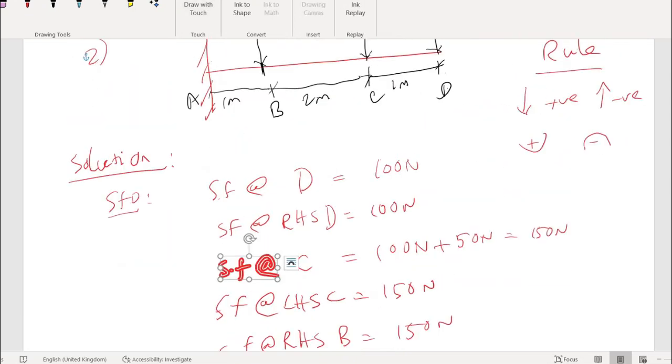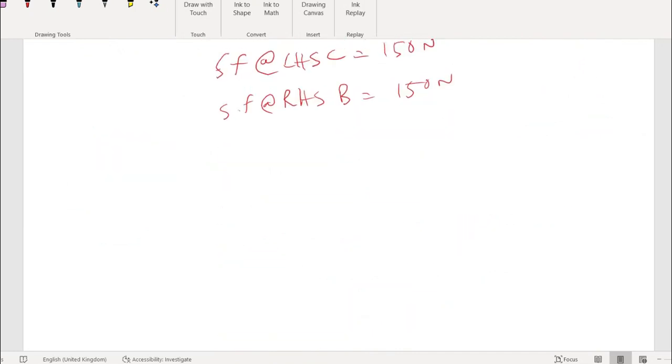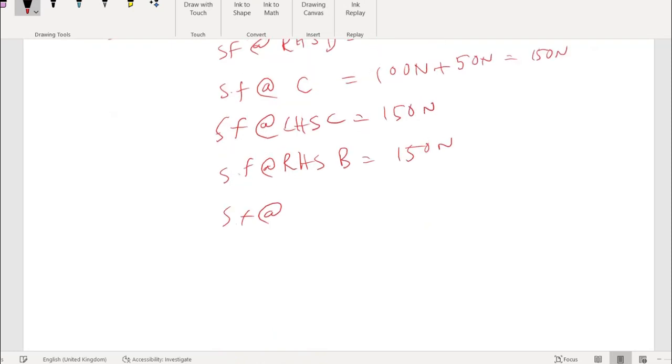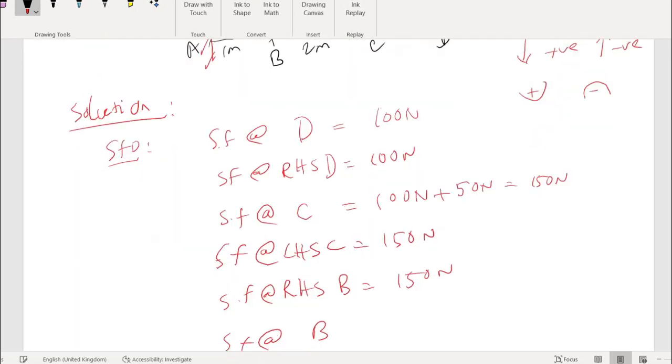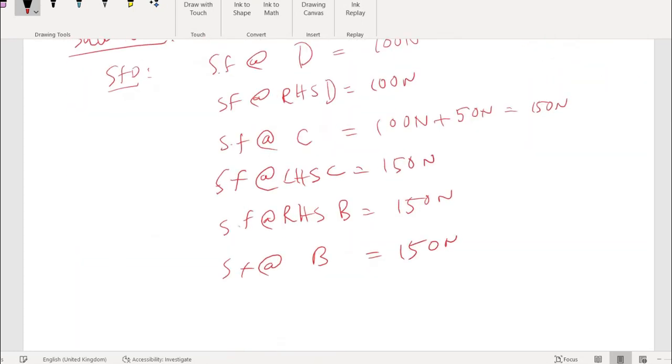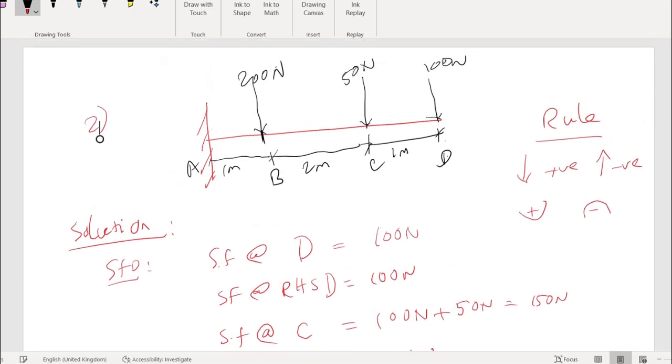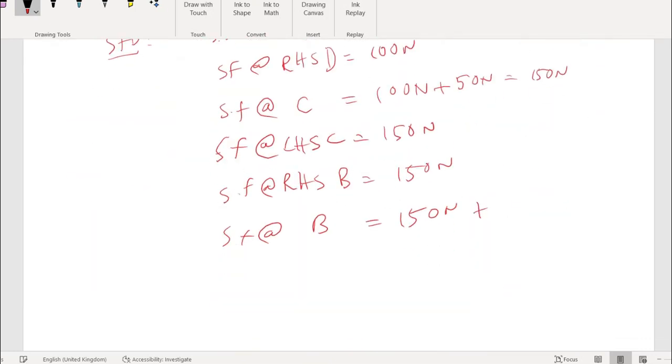Now coming to the point, what is the value of shear force exactly at B? Shear force exactly at B will be, just see here, cumulative. So far until right hand side is 150 already, and then at B there is an increase, another load coming in, 200, downward is positive, right? 200, so it will be 350 newtons. Okay, 350 newtons. And then moving on, again you do the right hand side, left hand side, you will get the value, right?